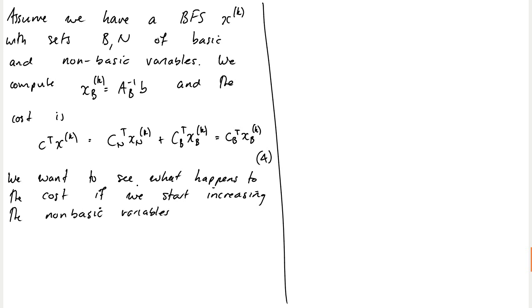Okay, so remember that all the xn's are 0 at the moment. We want to say, okay, well what happens if we actually make these non-zero? Will our cost start to go down? And if it does, which way should we go to make it go down the fastest? So, if we change xn,